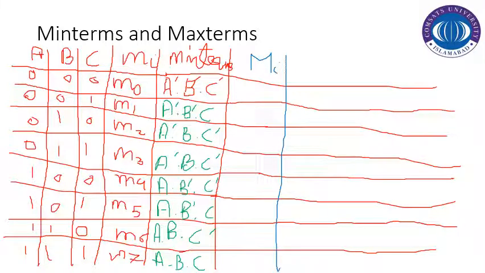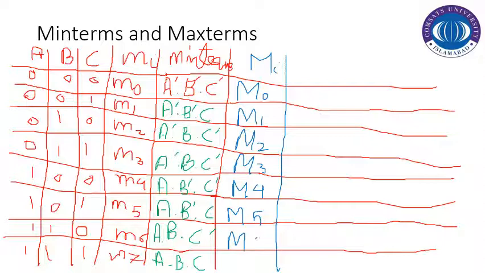So first max term is known to be the capital M0, then is capital M1, then is capital M2, capital M3, capital M4, capital M5, then we've got M6, and then we've got M7, and the terms are basically,